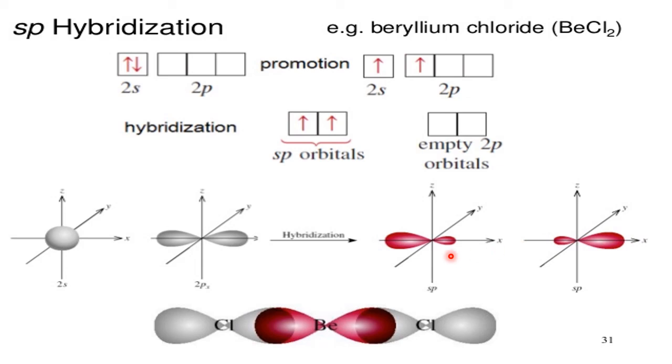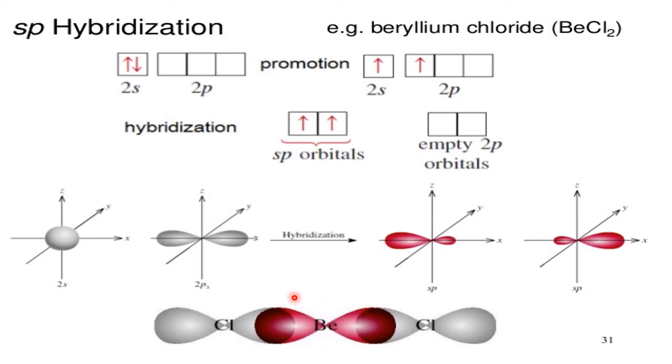Now once these are formed, they will undergo mixing. One sp and another sp hybrid orbital mix and form this shape. Which shape? The maroon color shape. So from here to here, this is the shape of the beryllium hybrid orbital. What shape? A straight line, linear. When it is linear, it is 180 degrees here. So here we expect 180 degrees for the beryllium hybrid orbitals, which is known as sp hybridization.